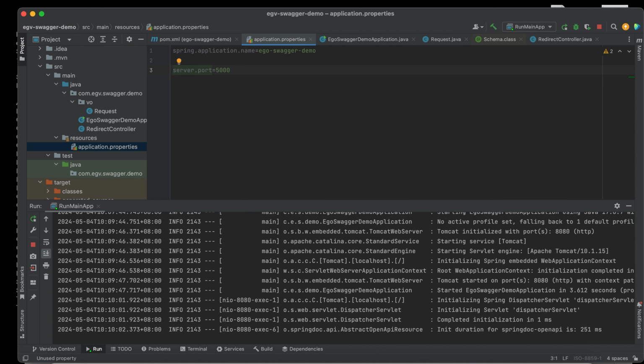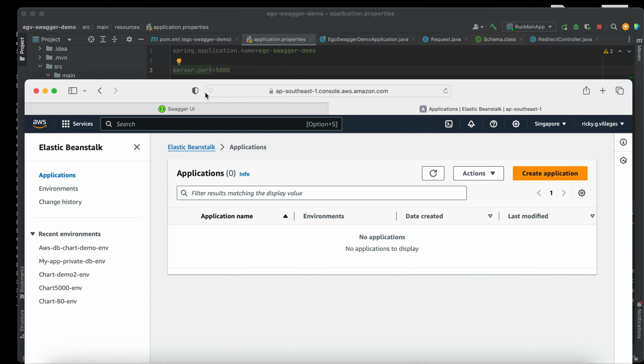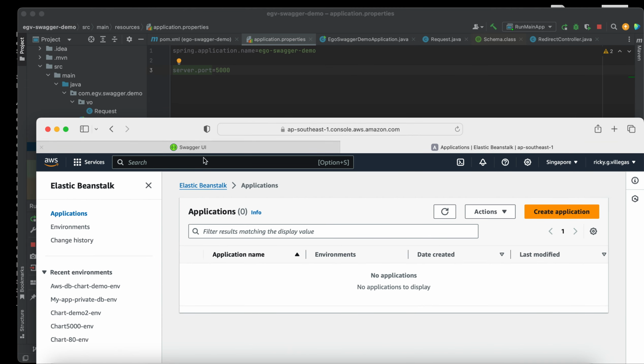The reason is, if we use another port, then we will get a 502 gateway error, because when we hit the URL of our application deployed in the AWS cloud, AWS redirects internally to port 5000.